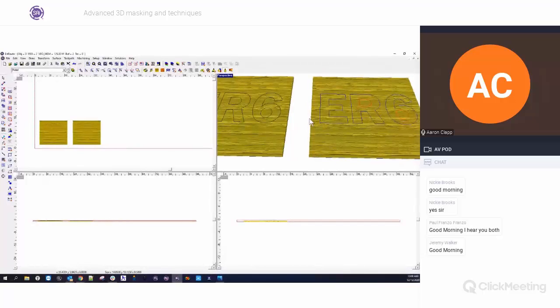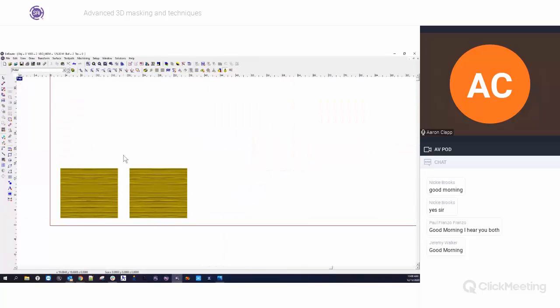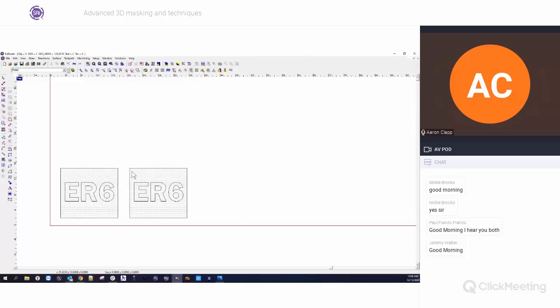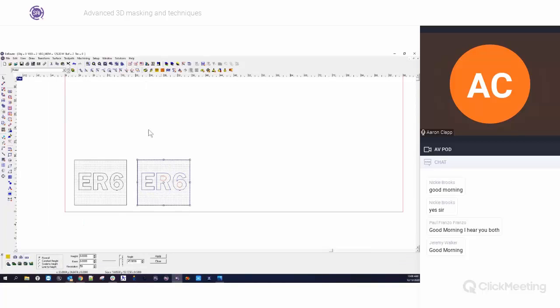There are two different ways to do that, and I'm going to show you the advantages and disadvantages of both. The first way is to actually just add this to this relief. I can take my ER and the letters here, grab my relief, and say add,